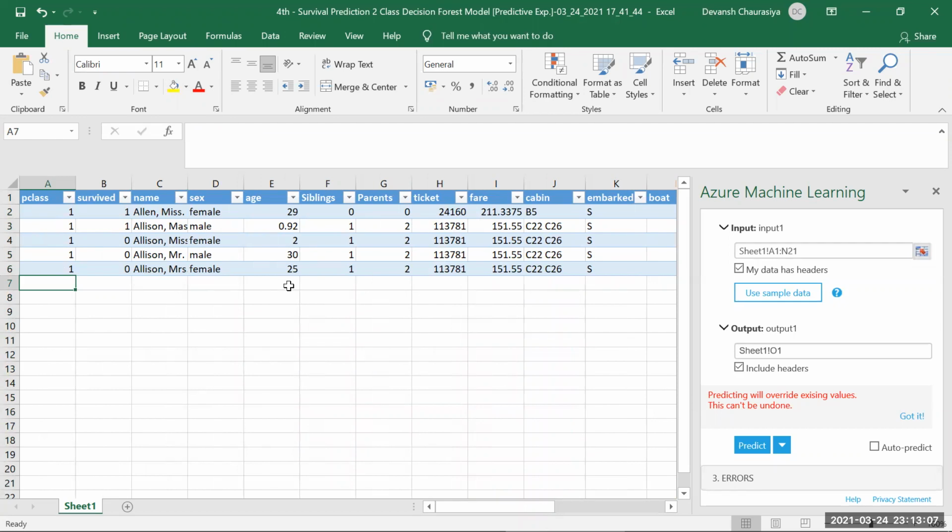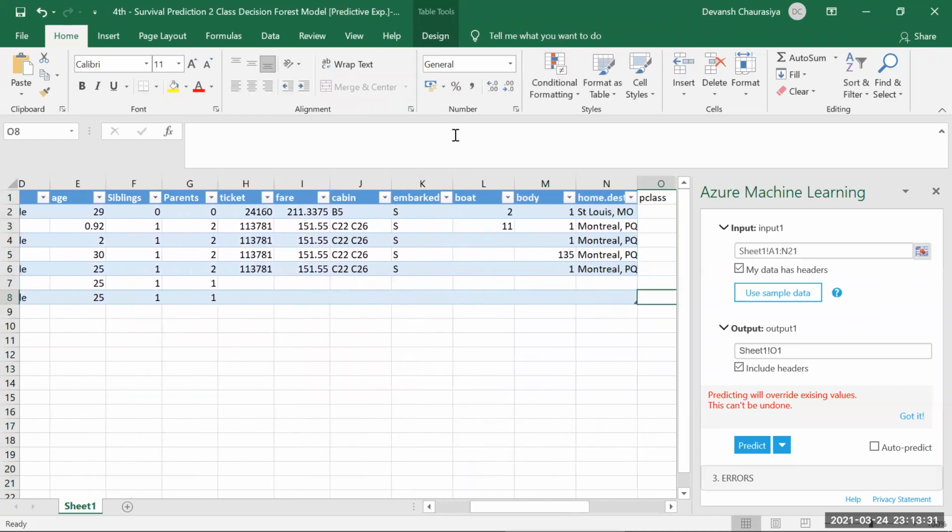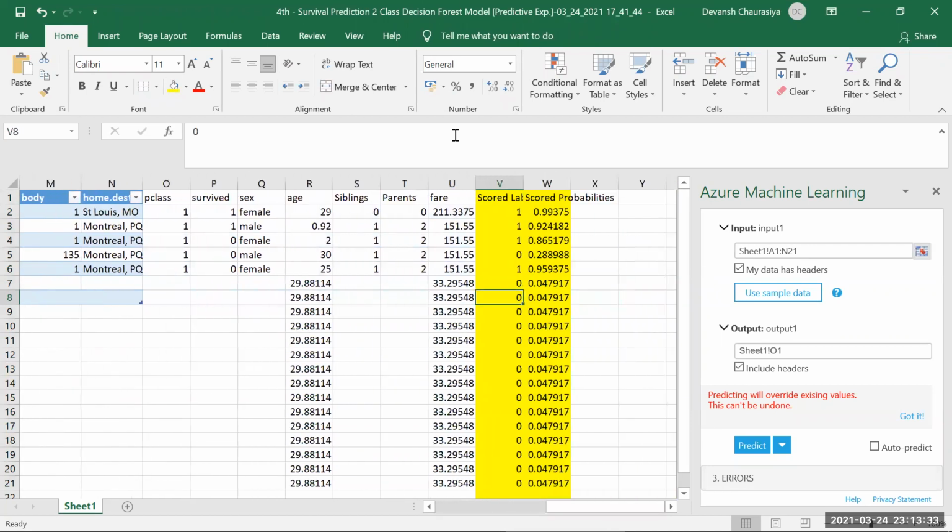Let us assume that there's a passenger in class 1, male, age 25, with one sibling, one parent. And another passenger in class 1, female, age 25, one sibling, one parent. And right now we don't have any. This is the usual data.